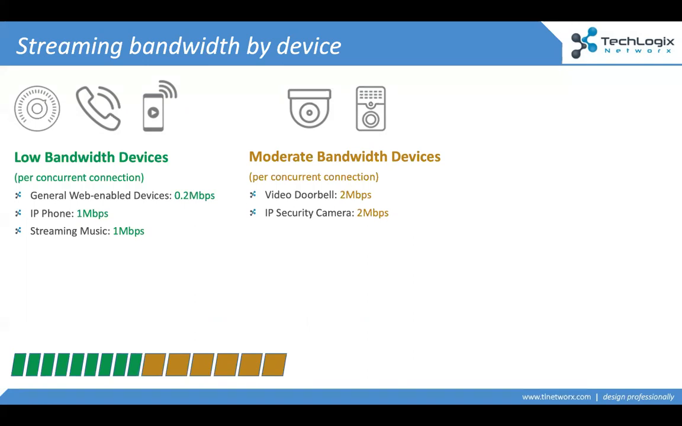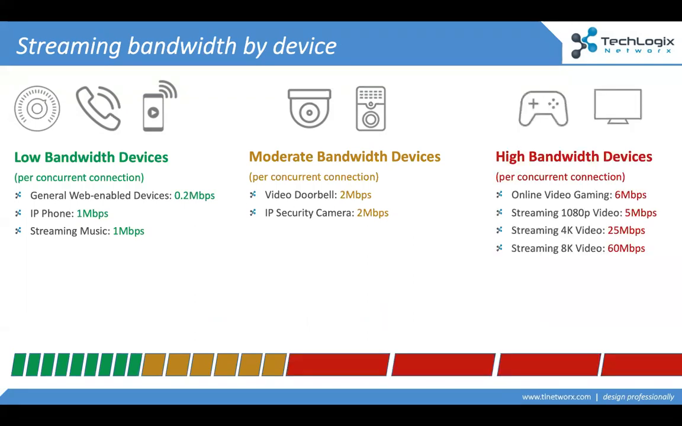Granted, are you going to put in 1 security camera? No, you're probably going to put in 4, maybe 8, maybe more. How many video doorbells are you going to have? How many different video streaming devices are you going to have? Well, it starts to add up more aggressively. But it's when we get into the HD world, it's when we start to look at